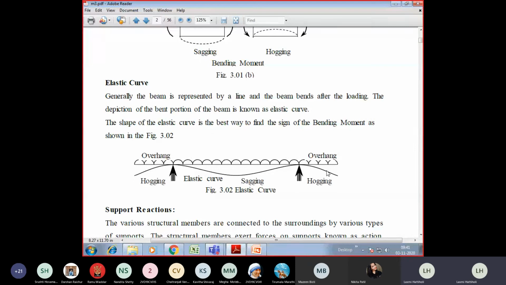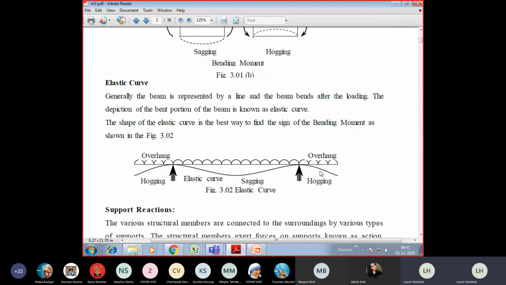And you can change the supports also. You can make that flexible beam a cantilever. How do you make it a cantilever? Hold it fixed tightly in your hand, then apply the load and observe how the elastic curve is generated. I want you to do this with different types of supports so that you will get an idea how the elastic curve is generated in the beam. That is very important in the case of bending moment diagram and shear force diagram, right?